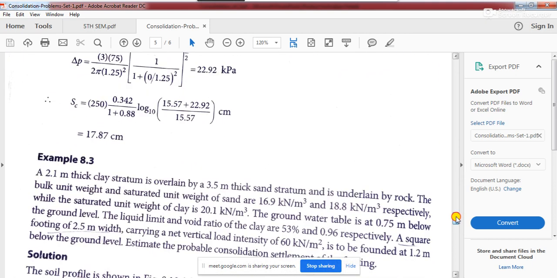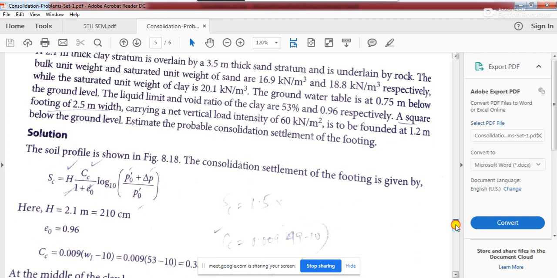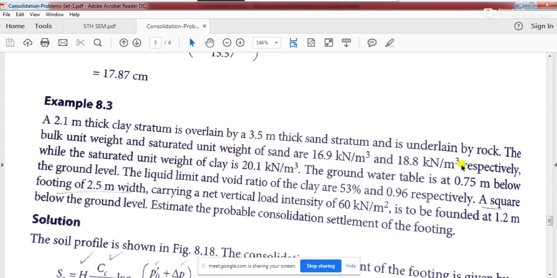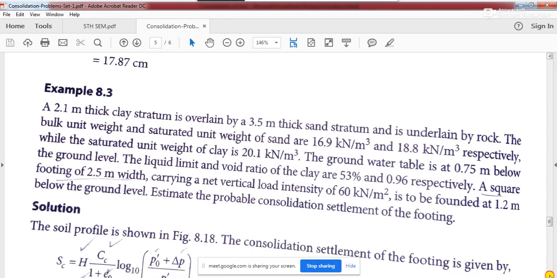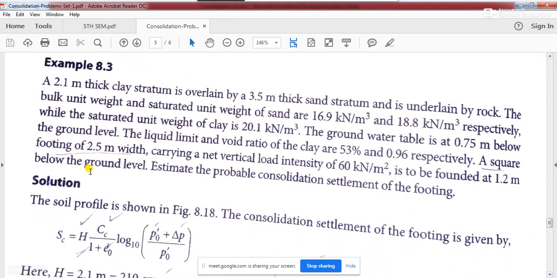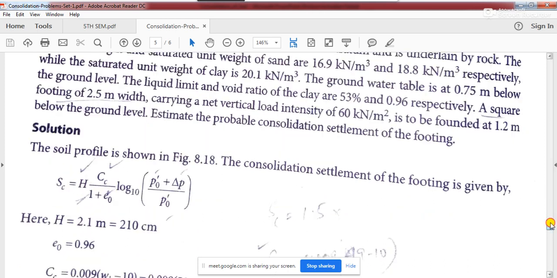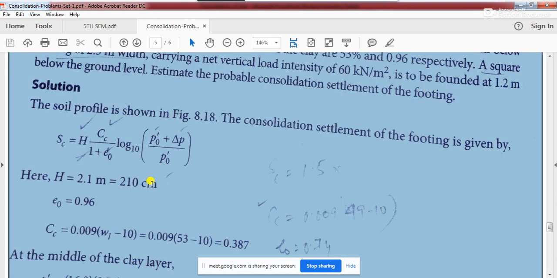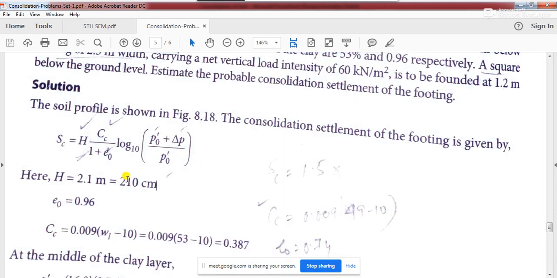I have already shared it with you, so let us try to understand it clearly. In this book, H is written as 2.1 meter, but we'll go with 2 meter only. Please correct it